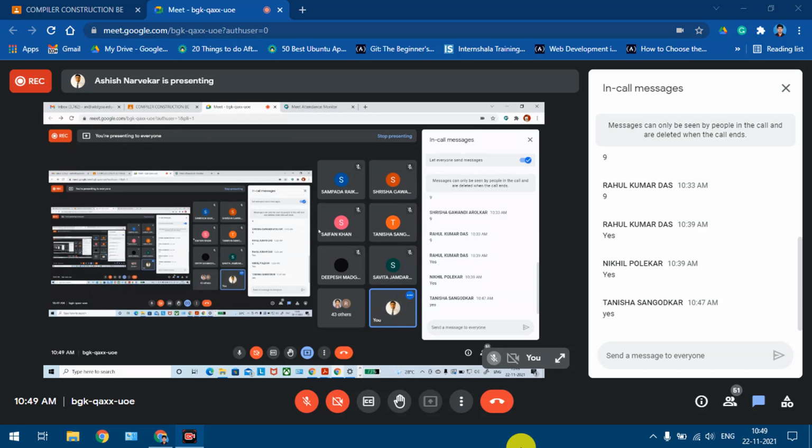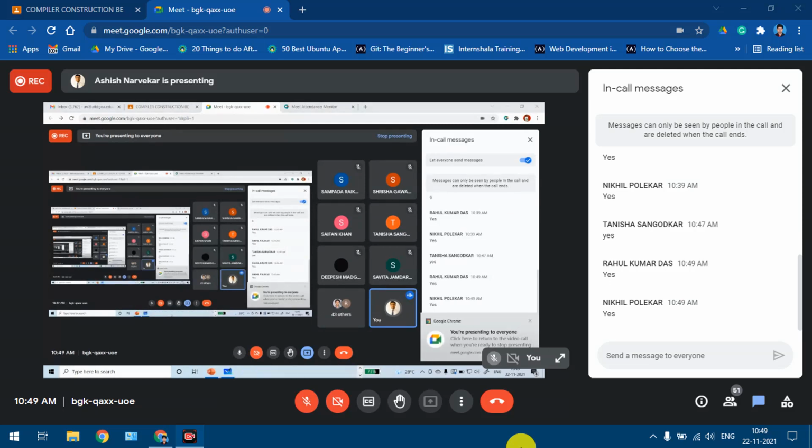Okay. Right now, should I consider that you all have understood the parsing table construction, what we did? Shall we go ahead with the next example? The next example which we had taken in the class itself. Okay, fine. So let's solve the next one. Probably many of you must have started solving over there.